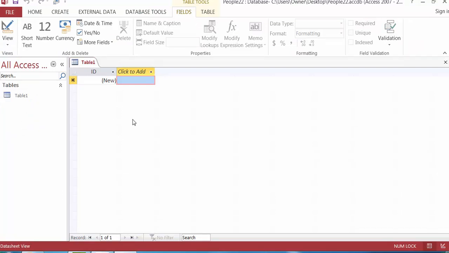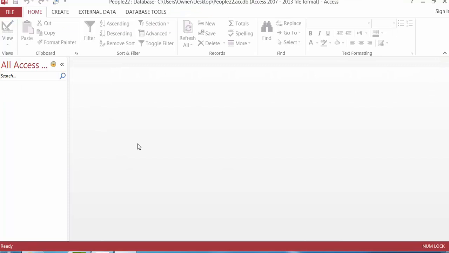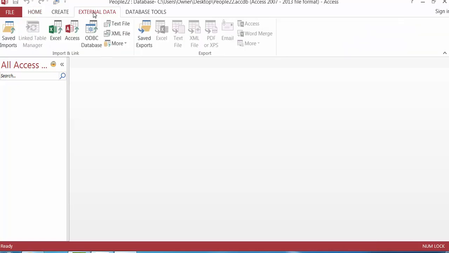All right, now I'm going to try to bring something into Access. So this is just a brand new database, nothing in it. I go to external data, and what I want to do is bring this data in from Excel. So remember, if I'm bringing data in, I can bring it in from Excel, from Access, from text. I'm going to bring it in from Excel,